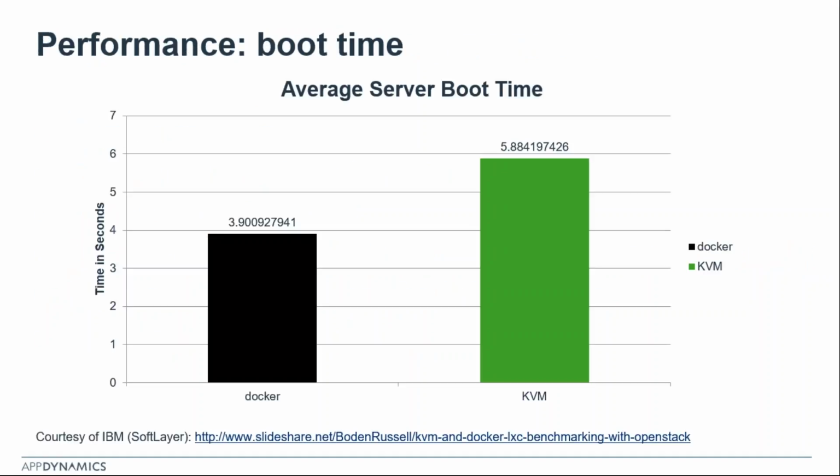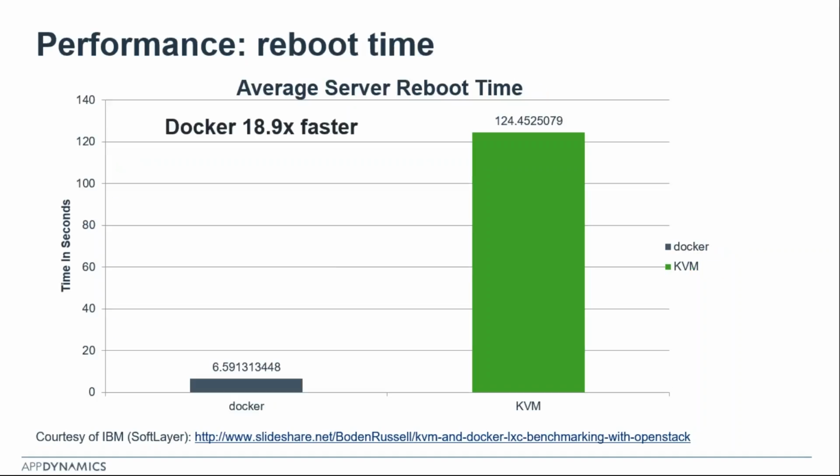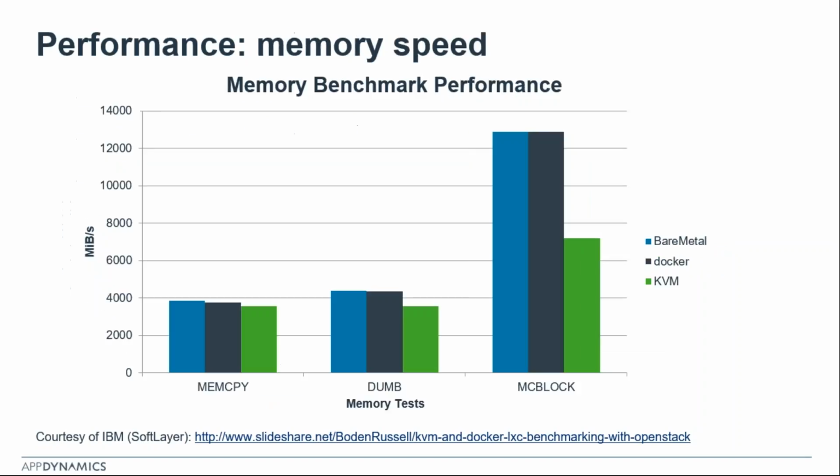In the next few slides, I'll just talk about the performance, especially when you're looking at overall application performance and delivering the best experience to the end user. You need to look at the performance of the infrastructure in addition to the applications as well. So with Docker, you'll see faster boot time, and when compared with hypervisors, reboot time is way faster, and for memory performance it is pretty much at par with bare metal. Which is really cool for applications and databases running on the Docker environment or in general container environment, because it is not adding a lot of overhead like